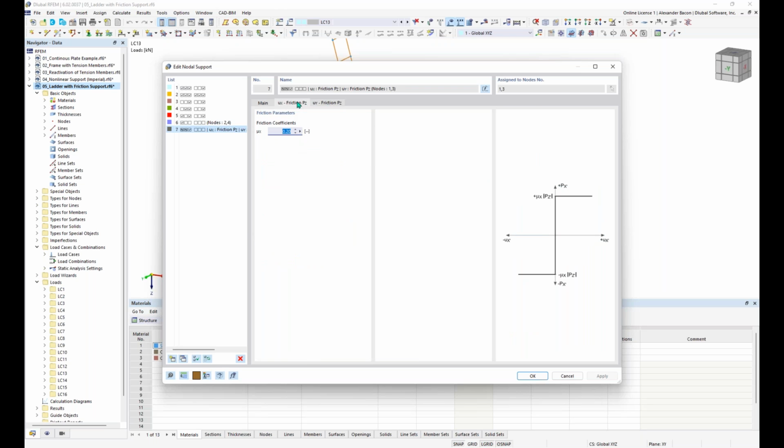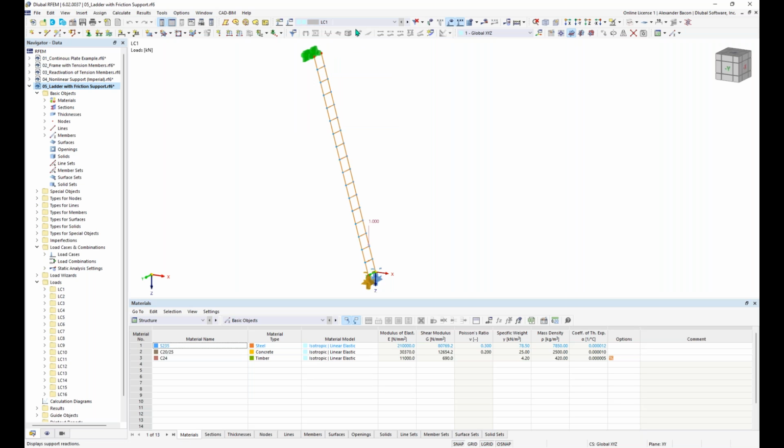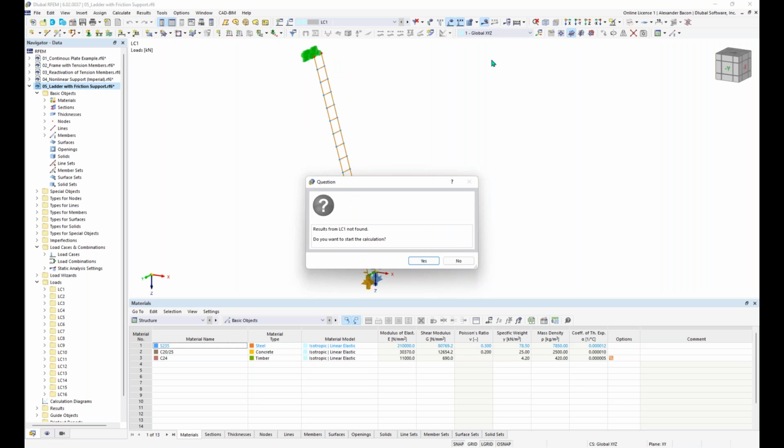So ux, we can enter in a friction coefficient, mu x here, which is 0.2. And so this means that this support will fail if the force of 0.2 times the vertical force, Pz, is exceeded. So you can see that here in the graph. And so if I click OK, and we just go to our load case 1 here and run the results,